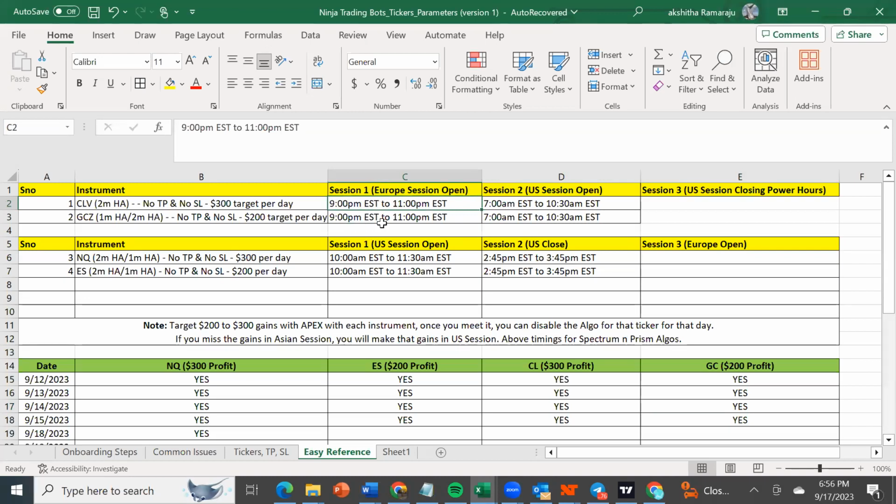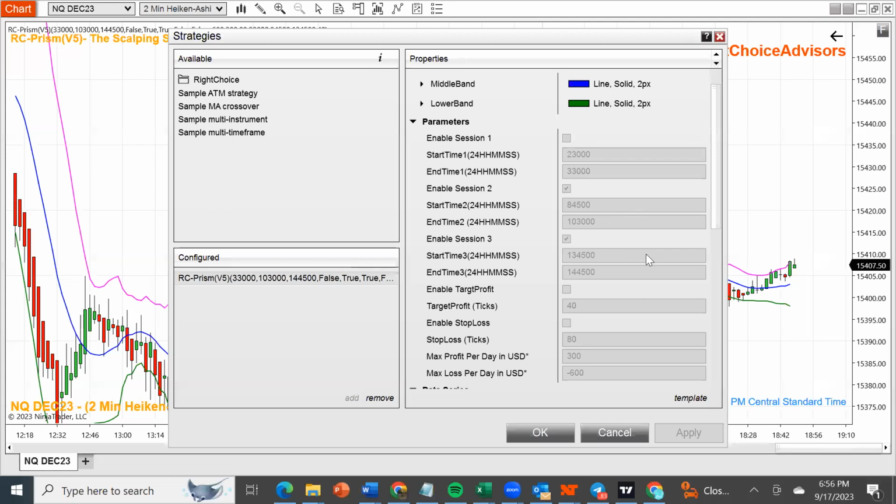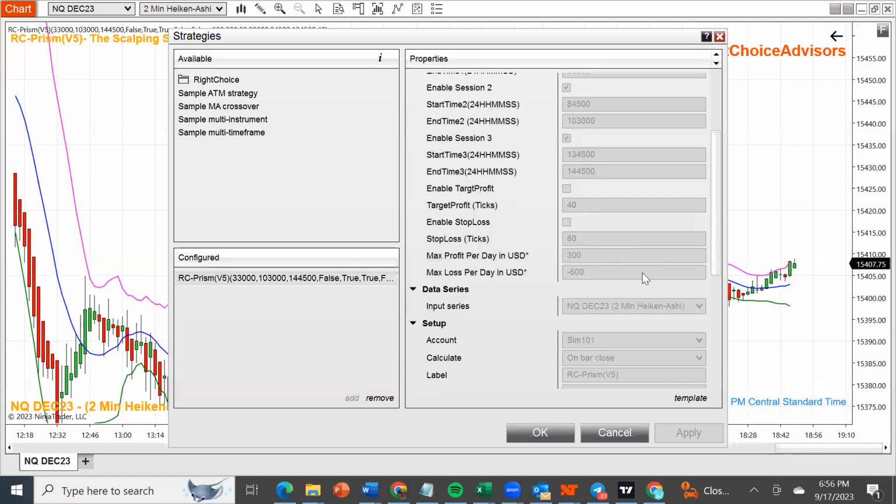Gold can move up or down, and that is where crude oil can move. The US market generally focuses on NQ and ES. In the India market or Asia market, and also the Europe market, they focus more on crude oil and gold. So we have different timings for different tickers, and if we follow them, and if we have this daily target or daily max loss, we will be in much better shape,